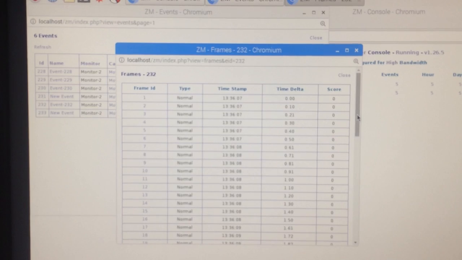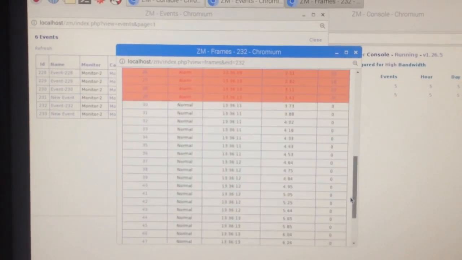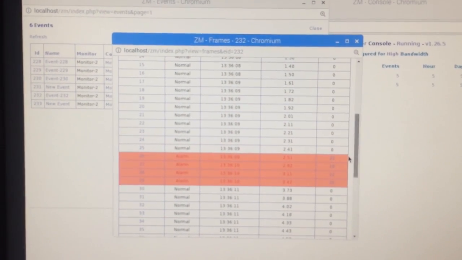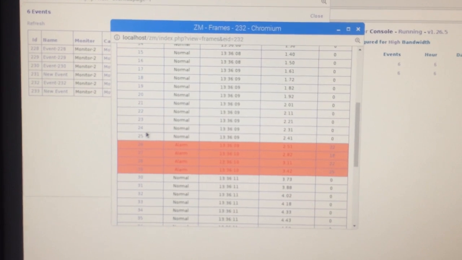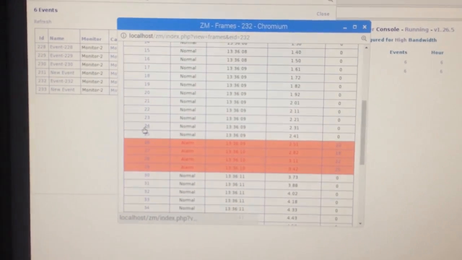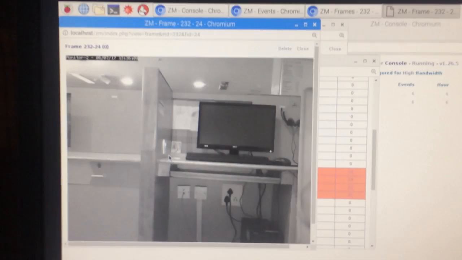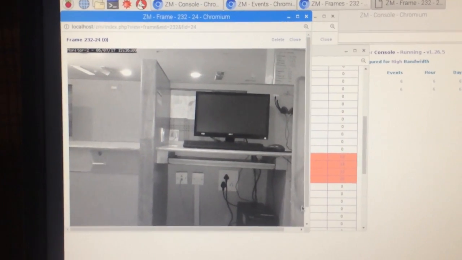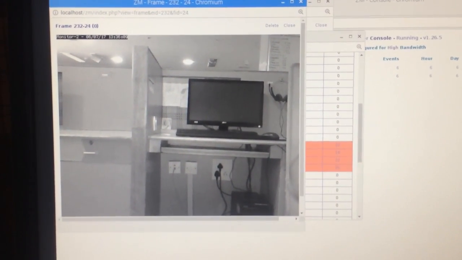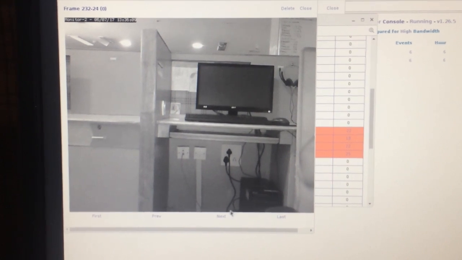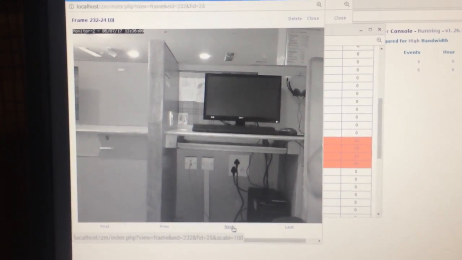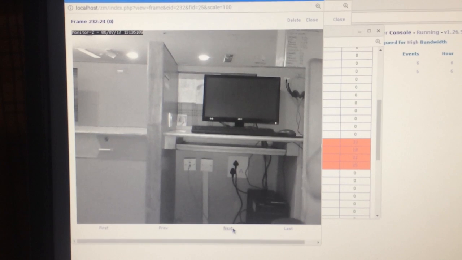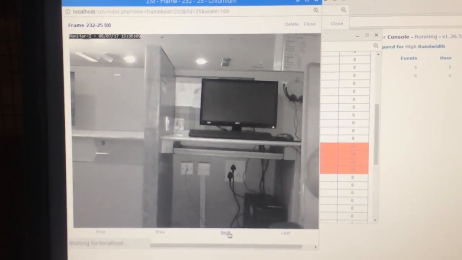So if I go down this, I can see some red markings. This shows the actual changes in the frames which has been marked as events. So let me just open the image before the actual change occurred, and now let me just extend this, and this is the static current frame, and if we go to the next and the next,